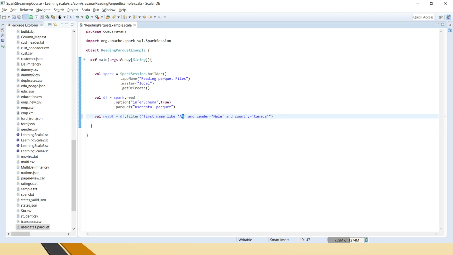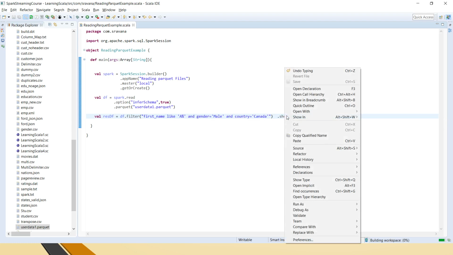So I am considering as the where conditions first name which is starting with A, and gender as male, and country as Canada. So now let's see what it returns.